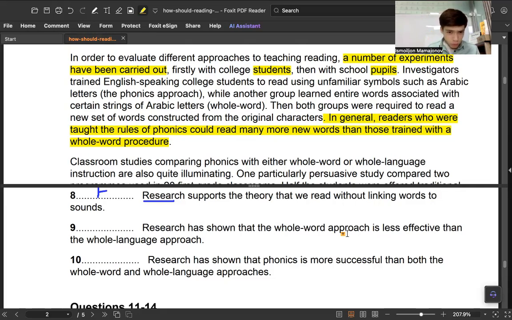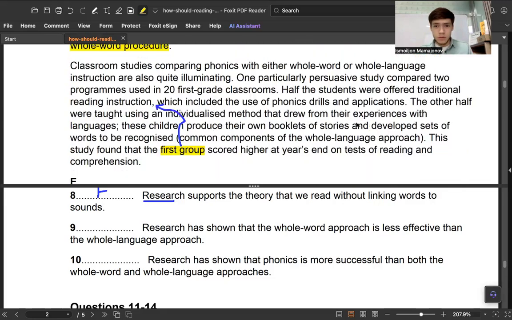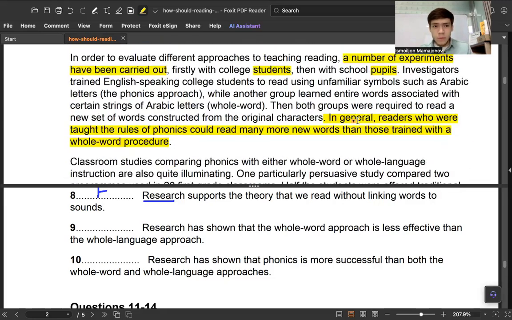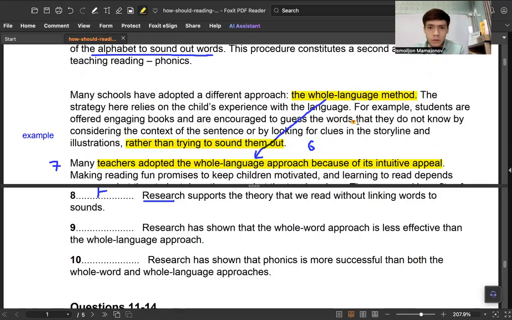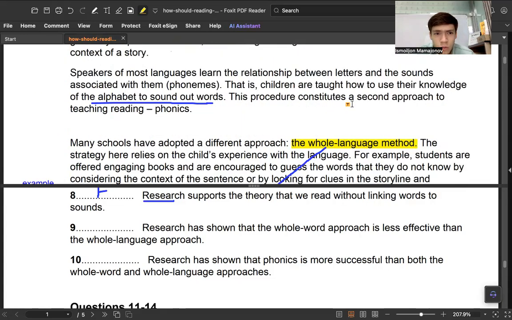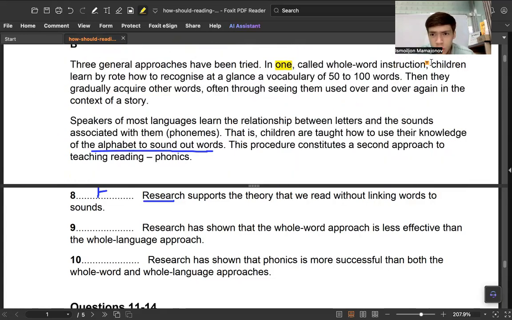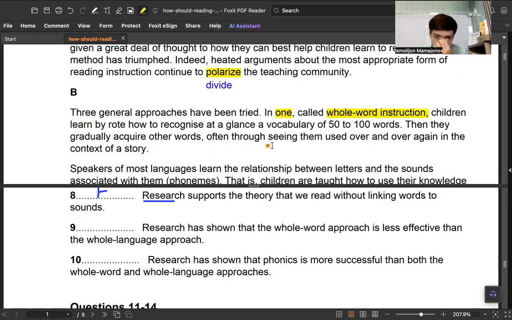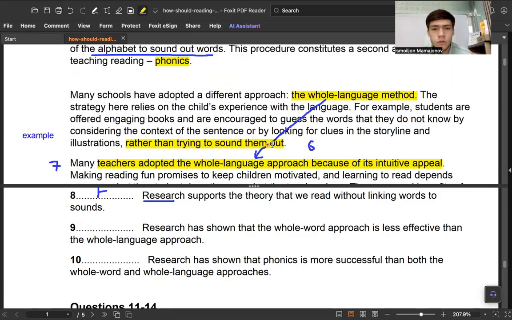But whole word and whole language are two different things, related. Is that what it said? Come on, let's see what it said. Everything was given in B. You know, B is whole language and whole word, right? Whole word. So we have two methods. And this phonics, whatever, is another thing. So we have three methods. What confusion? Come on.